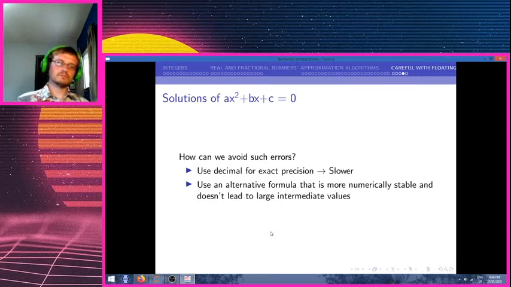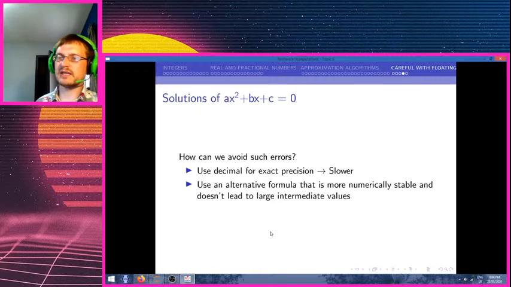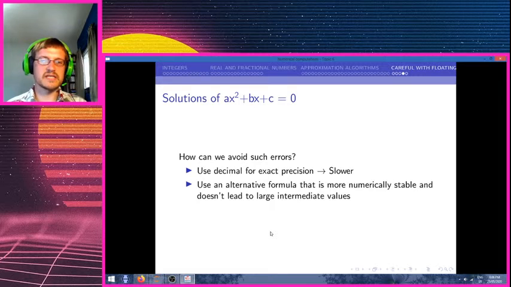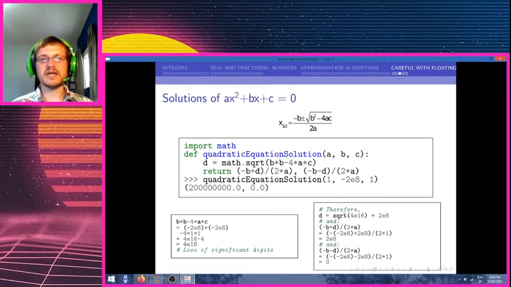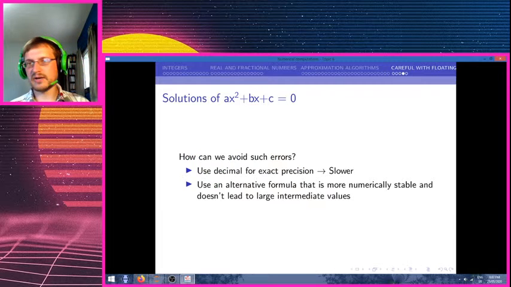So there are a couple of ways you can avoid this problem. Number one, you can use the decimal library to avoid loss of precision. And you can also use an alternative formula that perhaps is more numerically stable and doesn't lead to large intermediate values. This business of multiplication on large numbers is actually one that comes up. But anyway,